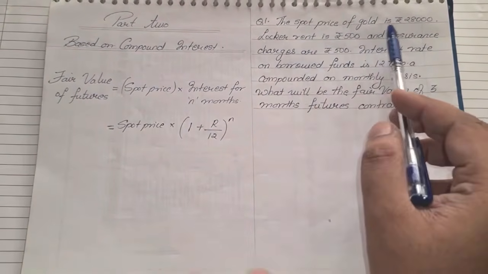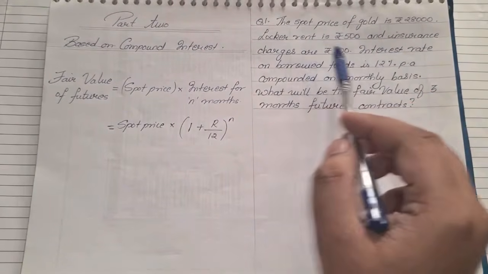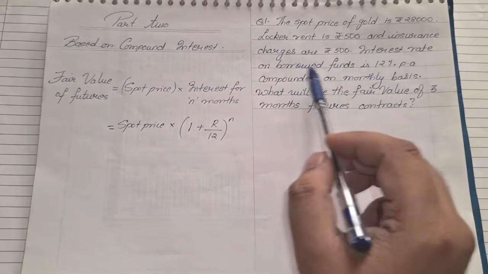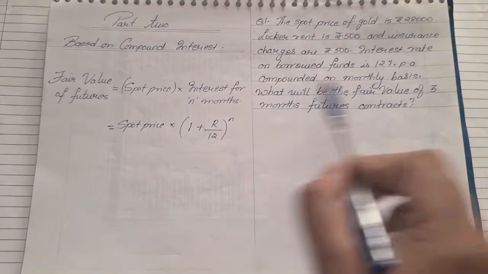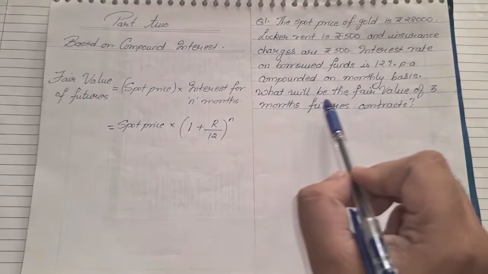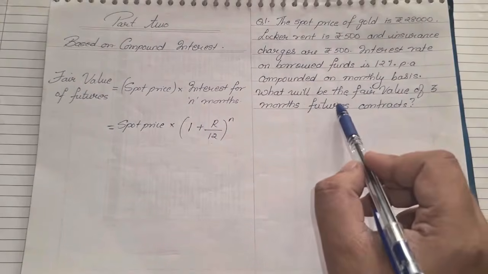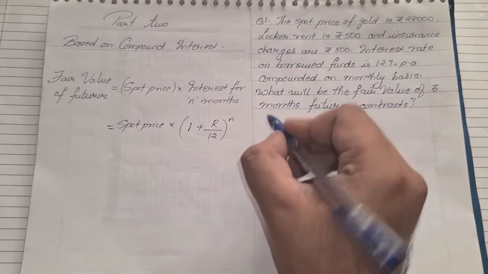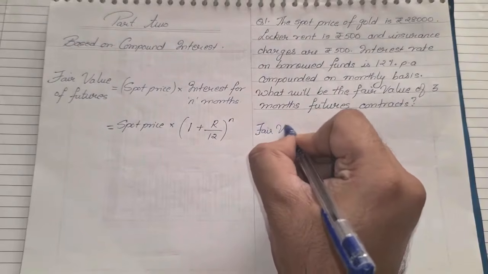The spot price of gold is 28,000 rupees, locker rent was 500 and insurance was 500. Interest rate on borrowed fund is 12% per annum. Compounded on monthly basis, this is compound base. What will be the fair value of 3 months future contract? Now let us see how we need to solve this. So again, heading will be we are finding the fair value. So it will be fair value